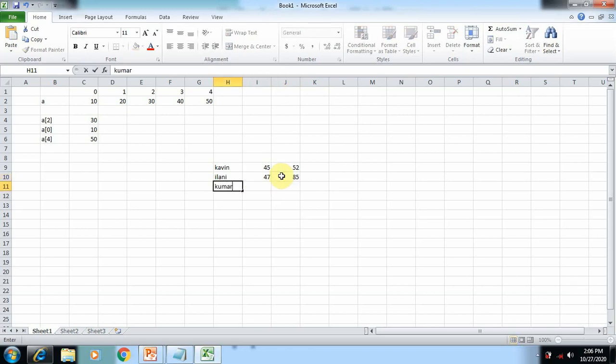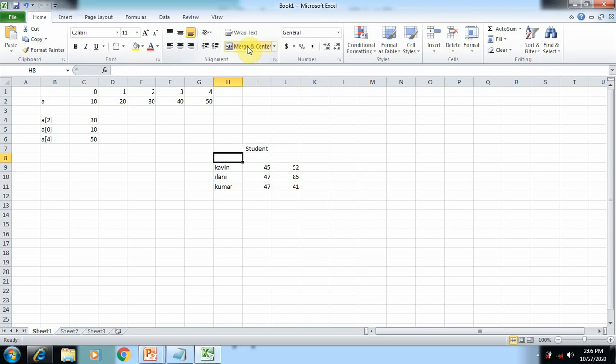Kumar with different values. So these are the arrays. Each and every row is considered an array, but all these arrays are converted into a single array, namely student. They share the same name, student.